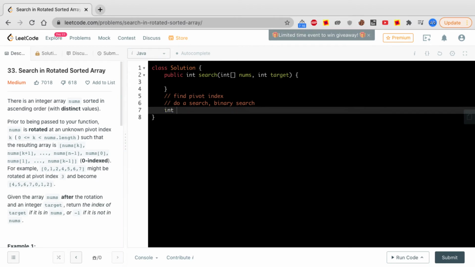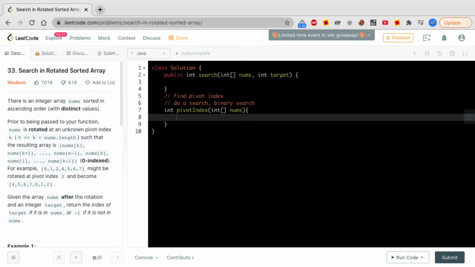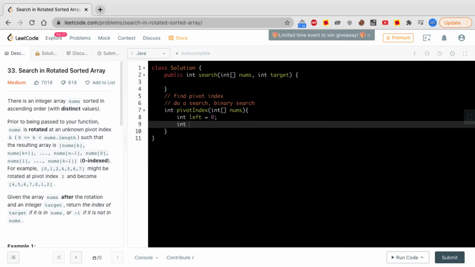First, we'll write code to find the pivot index. We have to traverse across this array. I will take the first index as left, and the last index as right, which will be nums.length minus 1.